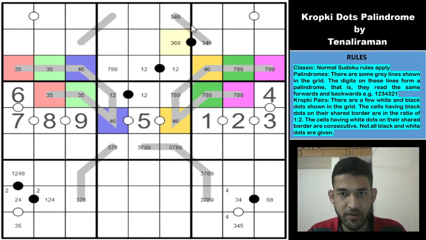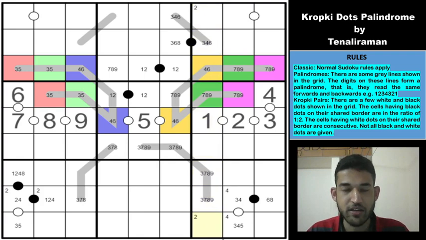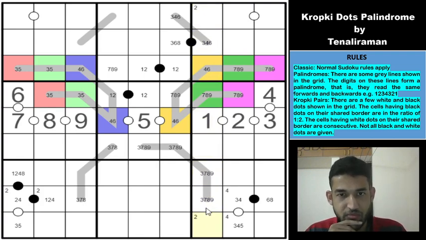So column 7 seems to be interesting to me now, because there is only one cell left for the 2. So 2 can go in this cell or this cell. There is no other cell that can take the 2, right? So the Sudoku seems to have become difficult at this point. There must be some kind of difficult deduction.